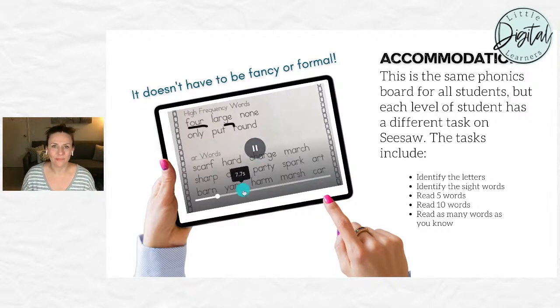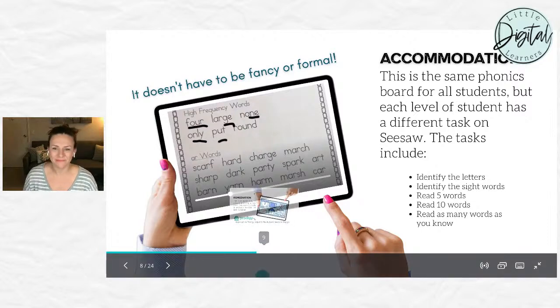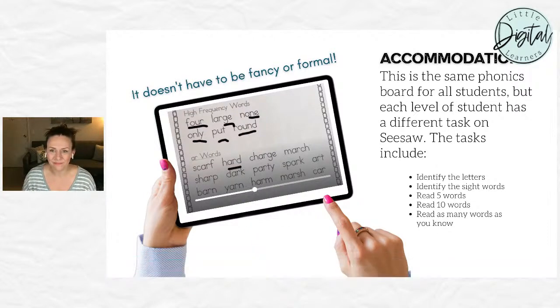Four, large, none, only, put, round, heard, farm,